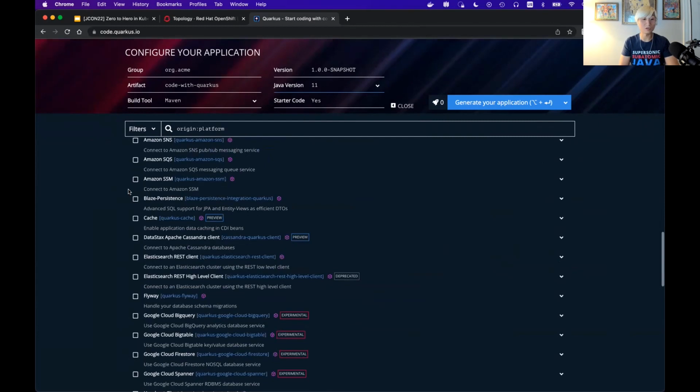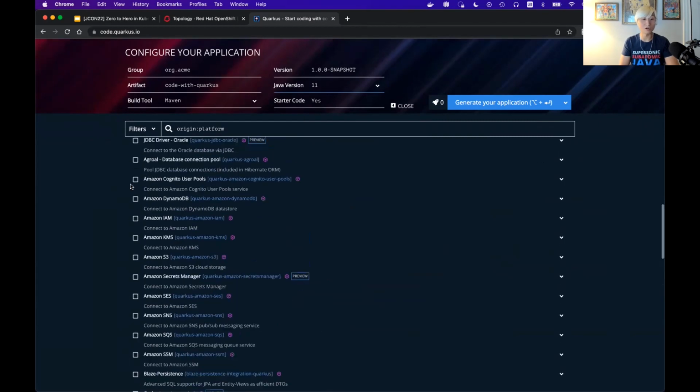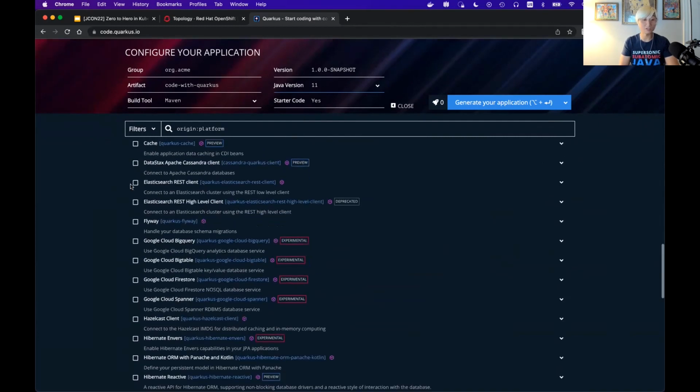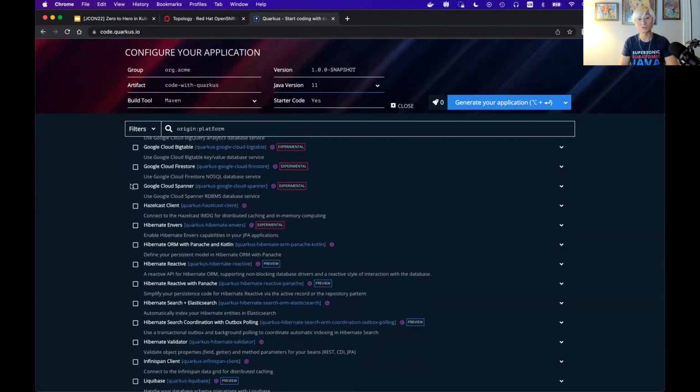And also there are data, transaction, and cloud, and then a messaging broker, and there's so much stuff here. You can just click on that dependency and then generate your application. It automatically downloads a zip file and unzips it, and then you just start with application development. However, today I'm going to try